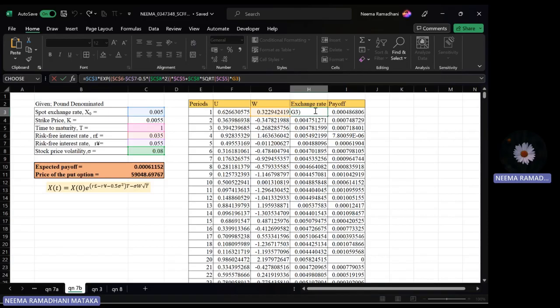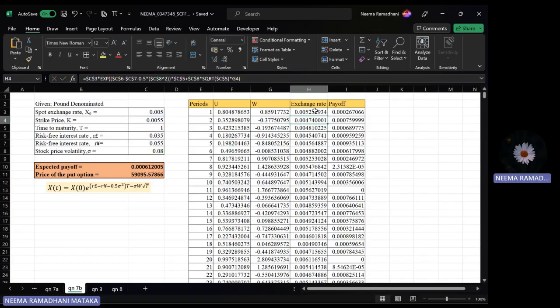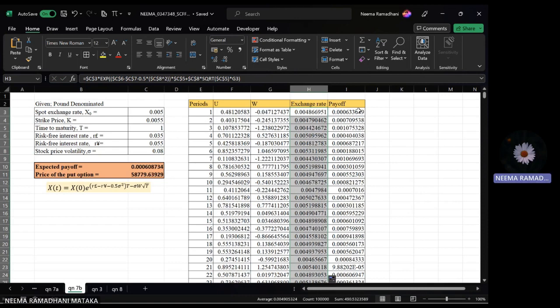To get the exchange rate. So after just calculating the first cells, they can just double tap here and then get the values of all other cells. After that, to find the payoff value, the payoff value is just